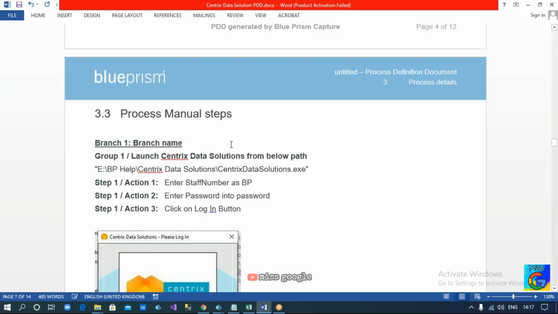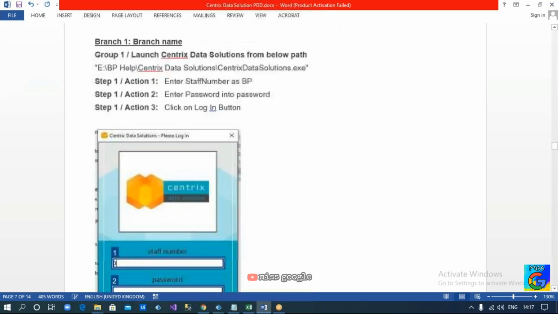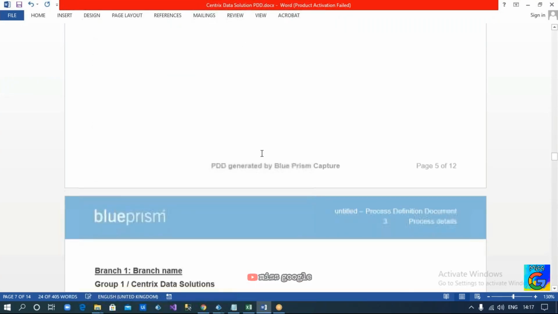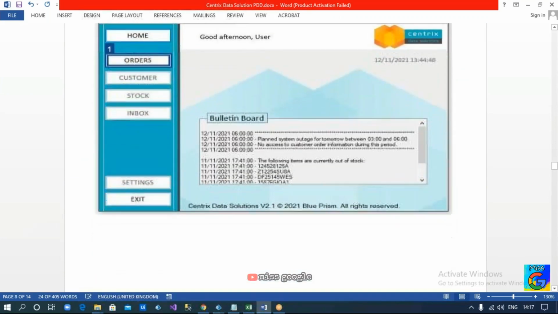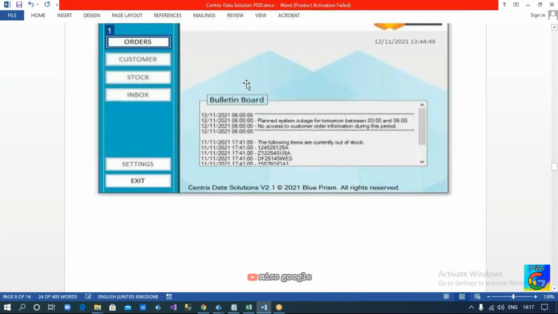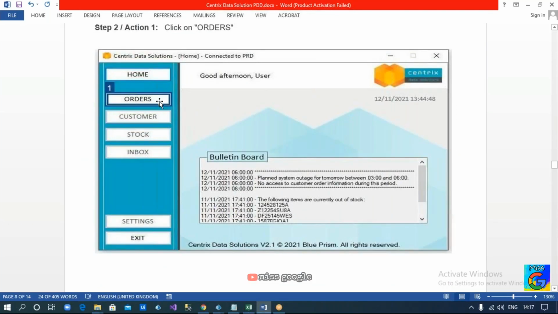Now similarly, after launching that, we are going to enter staff number and password into that. Likewise, we go through all the steps. By looking at each and every step here, these are the sequence of steps which need to be performed. Now you need to click on orders. If you want to click on orders, you need to capture this button. Likewise, you have to